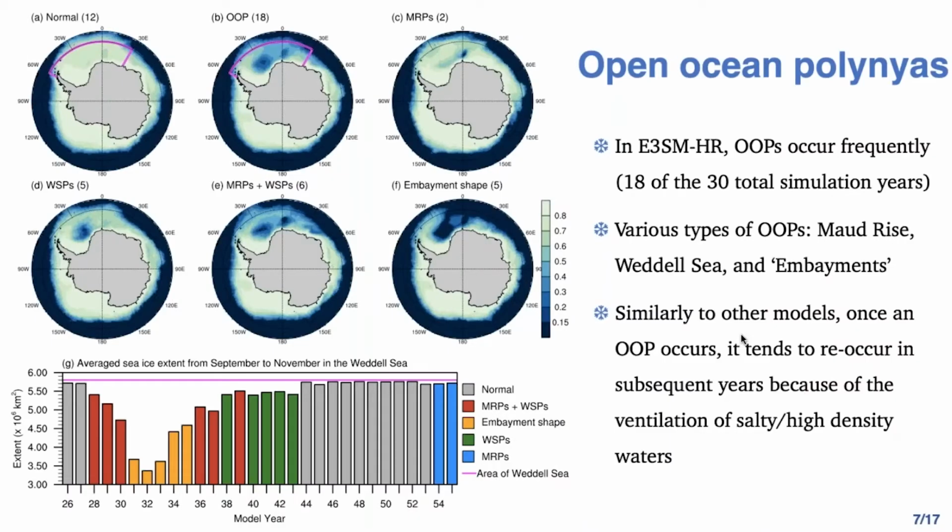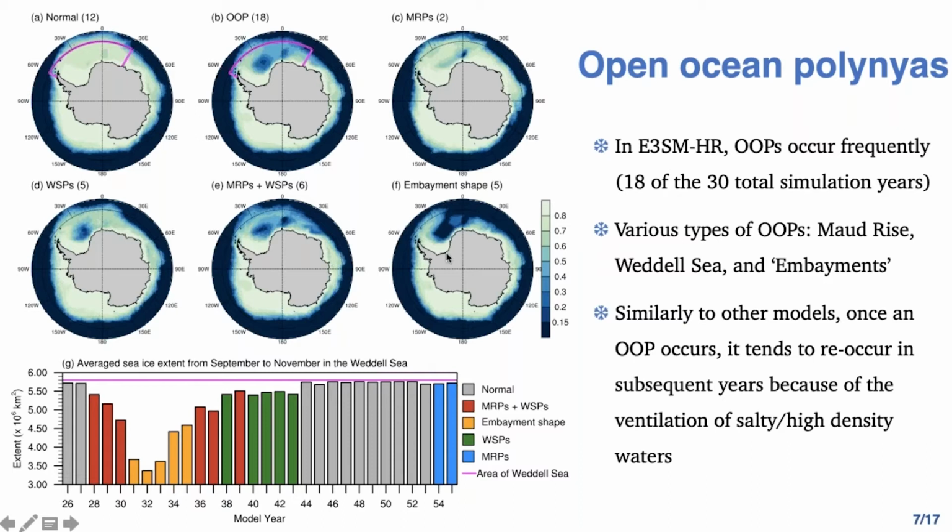Okay, so open ocean polynyas. There are many that are formed during the very short time of this run, and there are 3 different types. This is the Weddell Sea polynya. This is the Maud Rise, which forms at the Maud Rise seamount. And then there are years where you have both of them at the same time, or where you have the formation of what we call embayments,